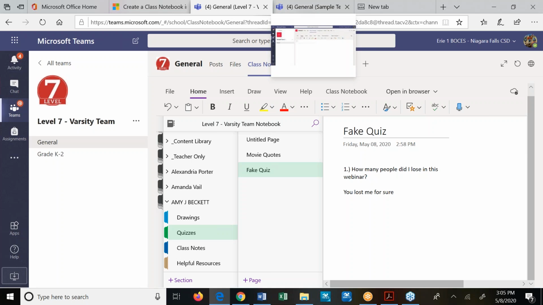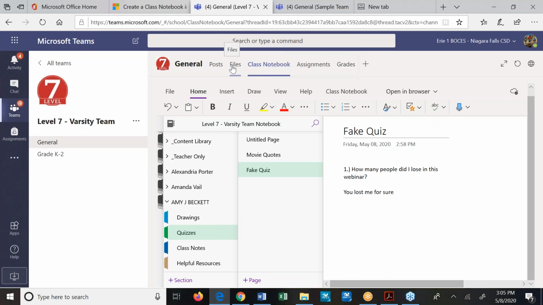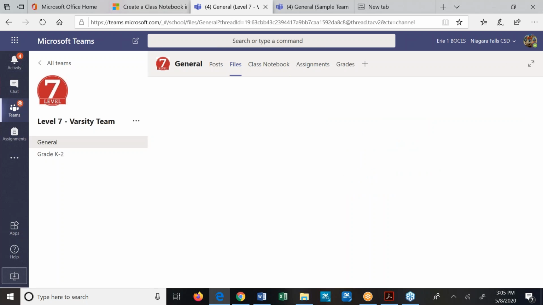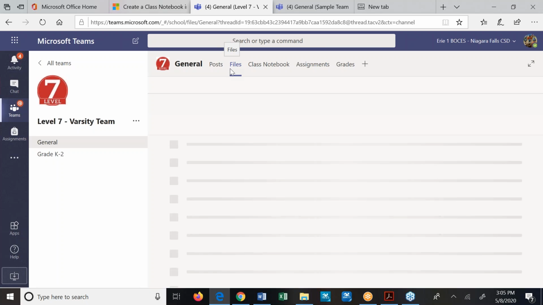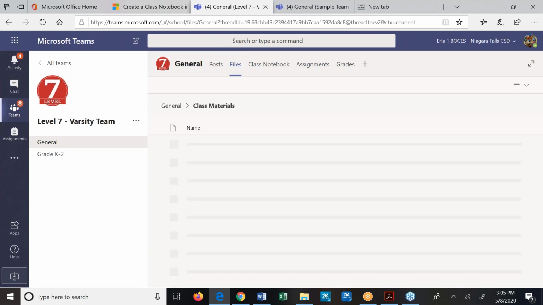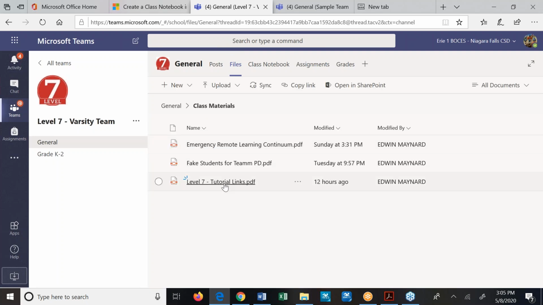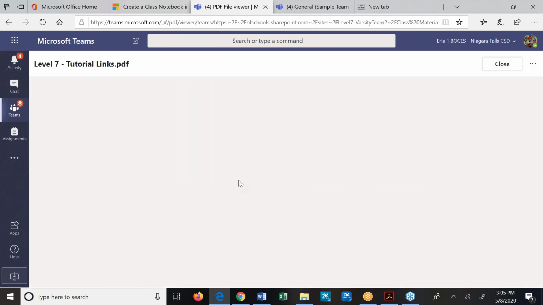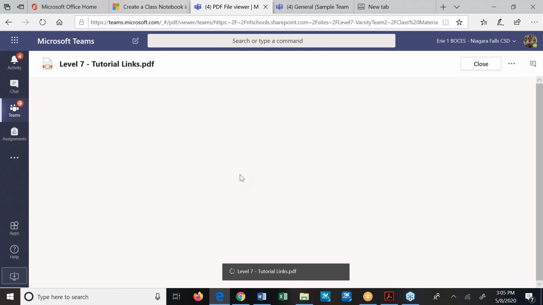distribute the pages, but all that, everything that I'm doing right now, if you click on files again, at the top of the level 7, you click on that files, you go into the class materials and download that click-by-click tutorial thing. Click here, click there. It will show you how to do it. All right, as far as making the team, there's that level 7, there's the tutorial link right there. So when you click on this bad boy, it opens up that document again, and